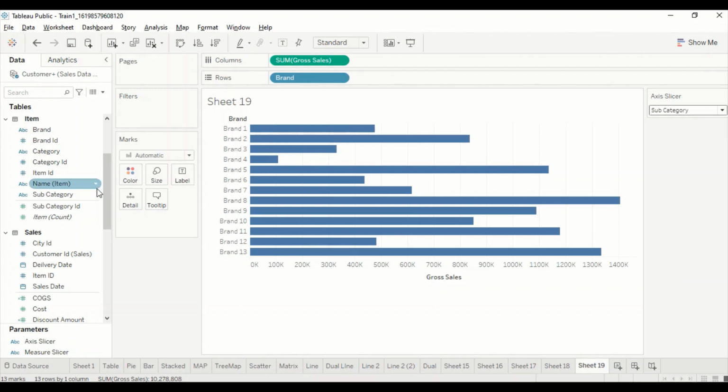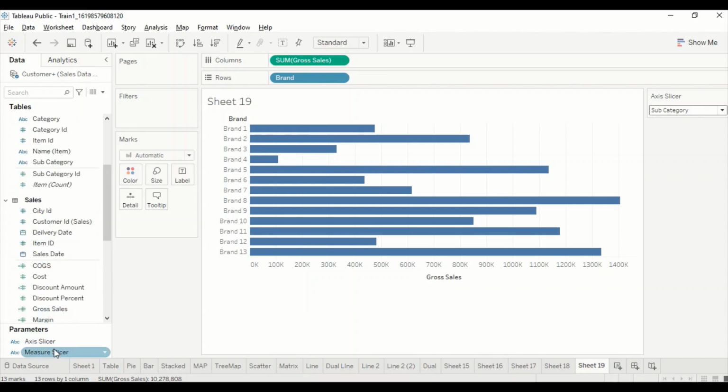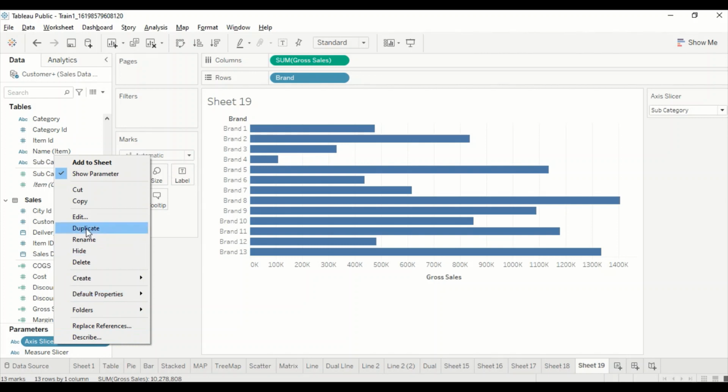Okay, so what we do, let's try to create a calculation. You have the option to edit and duplicate, and this you can have as a calculated field.